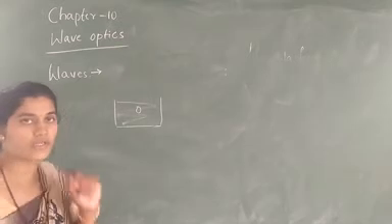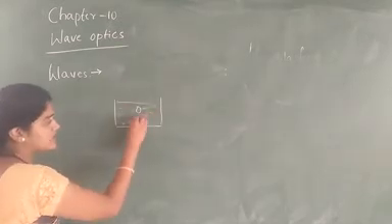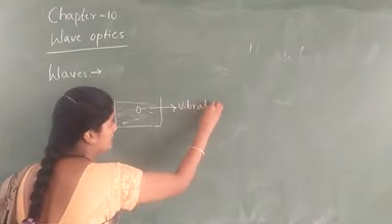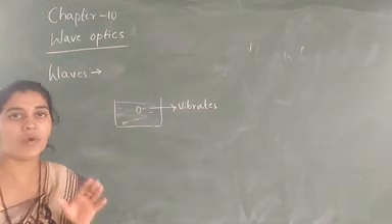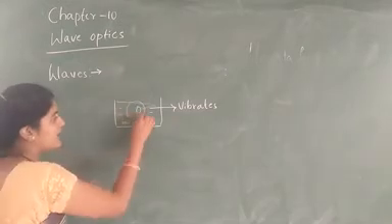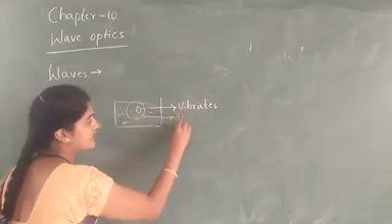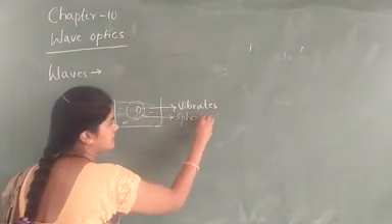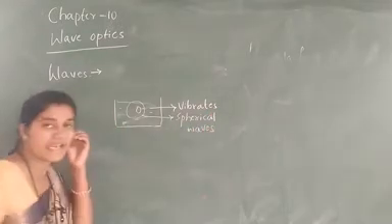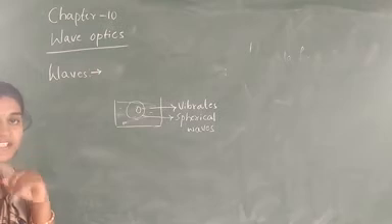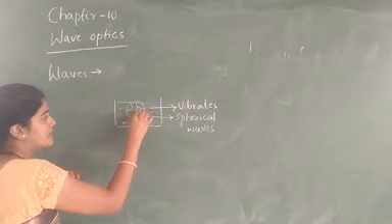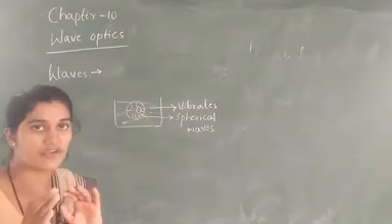When we throw the stone in the water, what will happen? The water starts to vibrate. The vibration is moving in only one direction. When it starts to vibrate, we are getting these spherical waves. When they are moving as a spherical wave, the distance in that spherical wave will be the same.